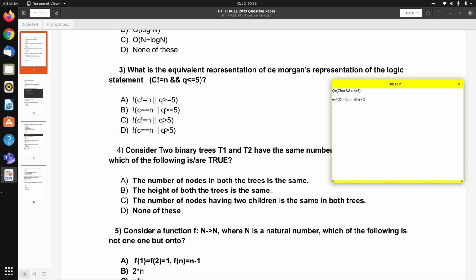Now to give you an idea about De Morgan's law, it is like this.